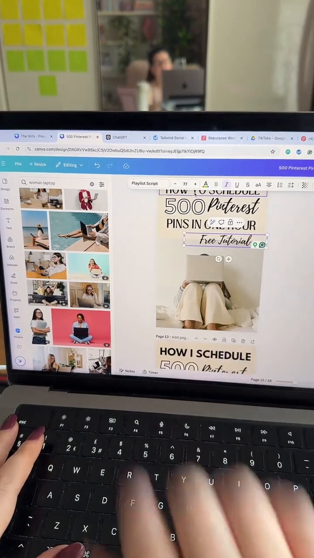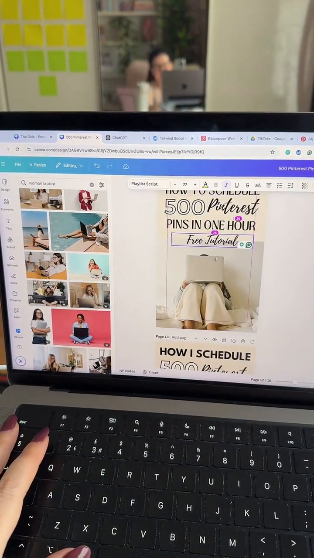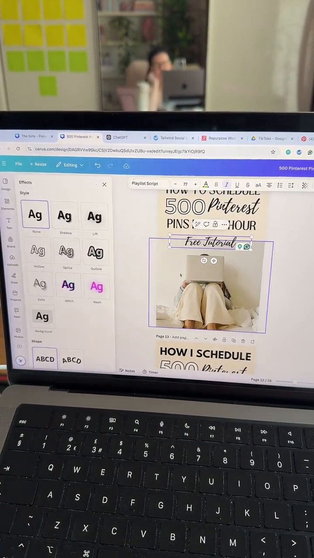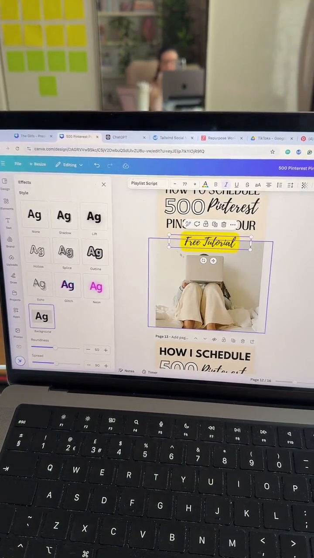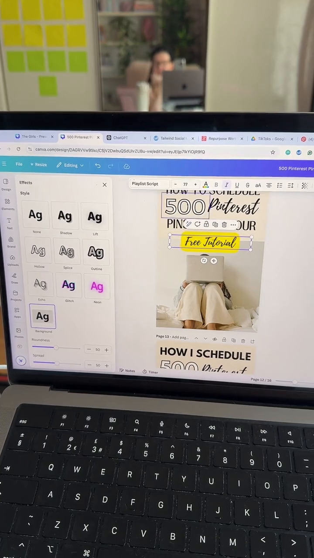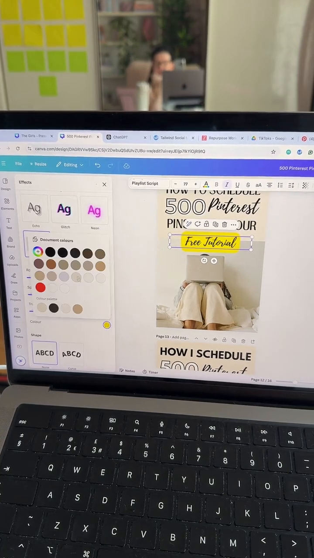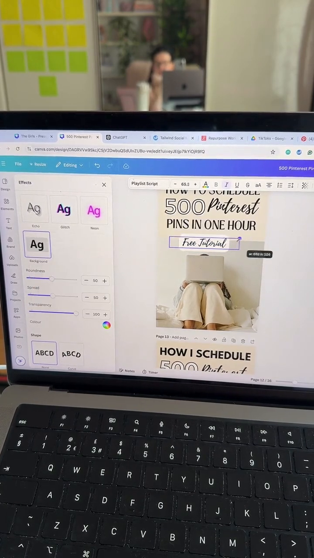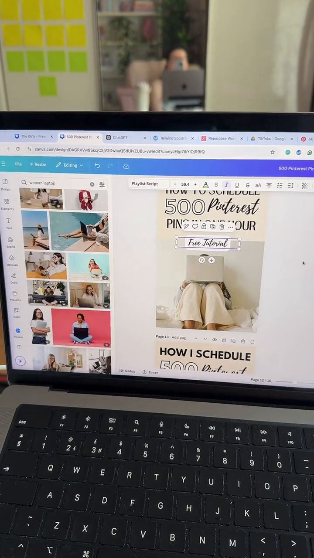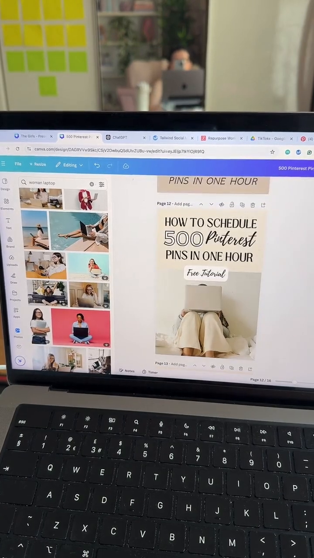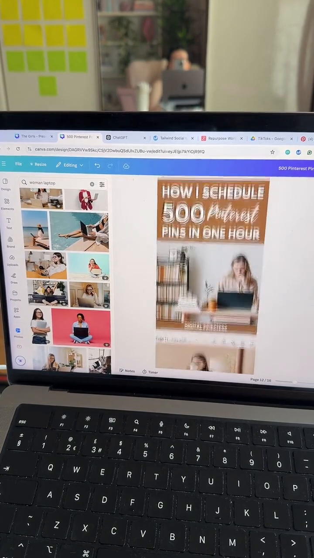I even do angel numbers when I do my fonts, guys. Okay, put a little background in there. Change the background color. Let's do white. Okay, there we go. So now we have 3 pins.